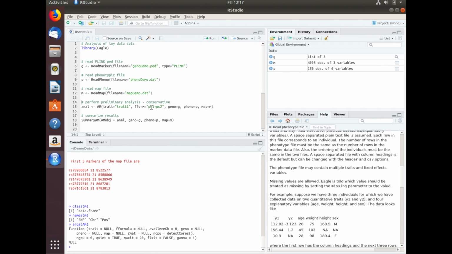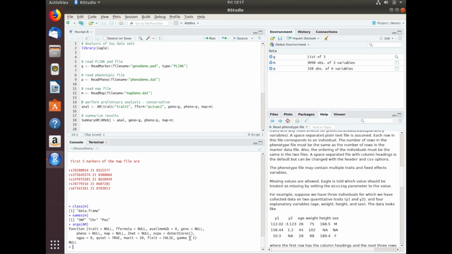You need to specify the form of the fixed effect part of the model, and you can use all your linear model nomenclature here to specify any sort of model you like. Then you need to tell Eagle where the genotype data is, where the phenotype data is, and where the map file is. Other than that, there's not much else about this function you need to adjust, except one really important thing that sits right at the end of this command,